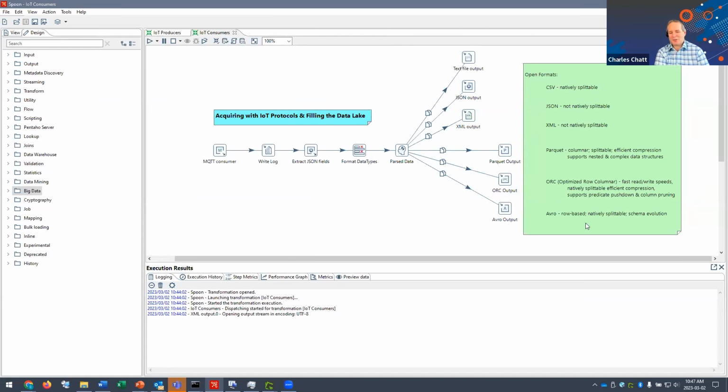And then Avro, another format out there, is more row-based. So you can imagine if you're pulling in, say, 1,000 tags, what that might look like in a row. The columnar formats look at a row index and the value separately. In Avro, it looks at it as one large collection. Now that too is natively splittable, and it also allows schema evolution, meaning I can decide later on to change what is in there, and my calling applications would know how to use that.